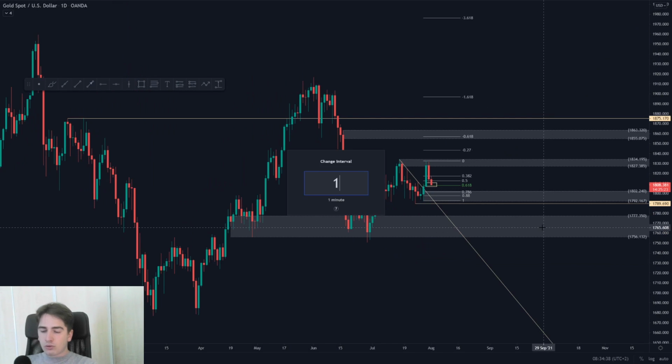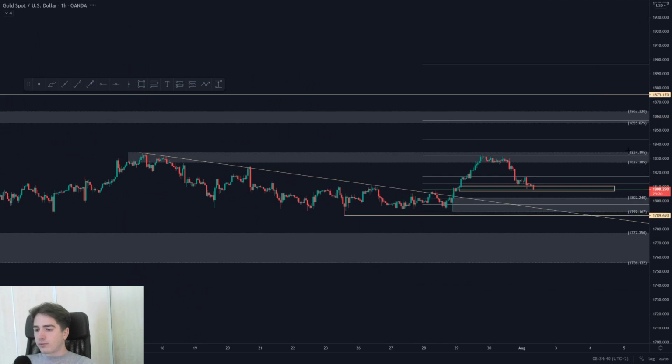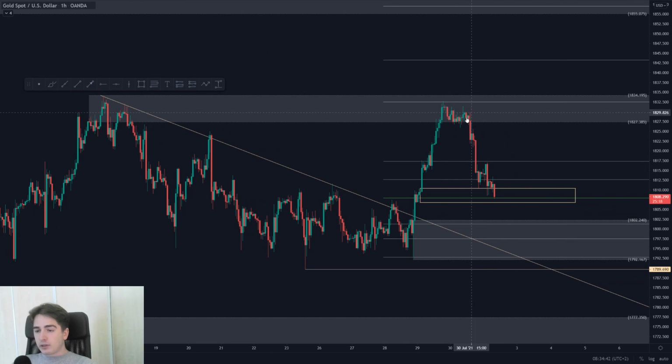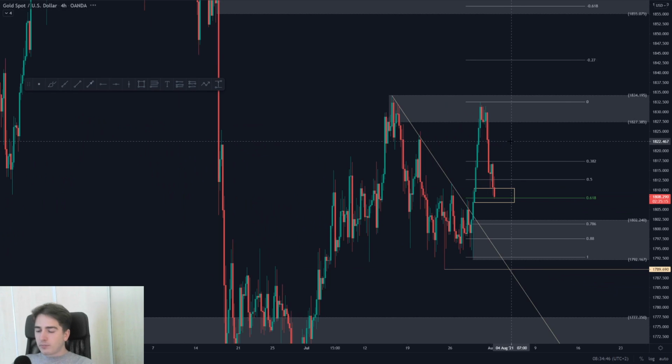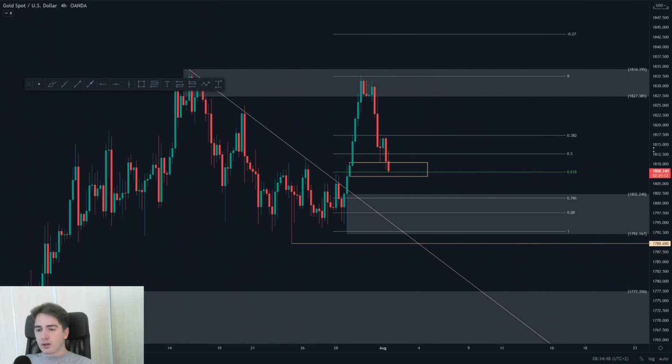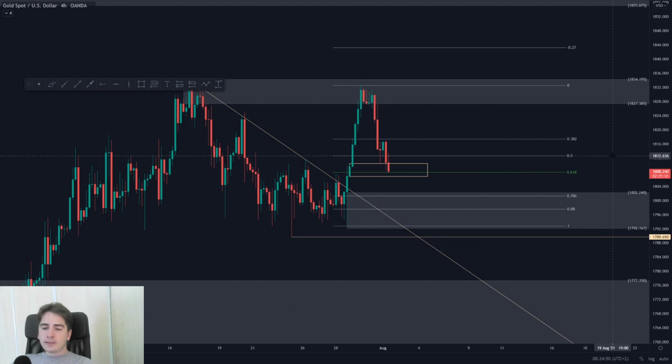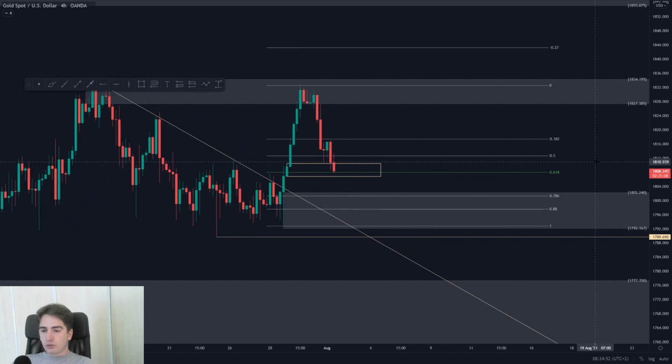And gold, so gold, perfect. As we can see, we expected that drop from this zone perfectly. So some guys made some massive profits. Really proud of you guys if you took it. So at the moment, gold is looking to come down still a little bit lower. Looking at the daily,